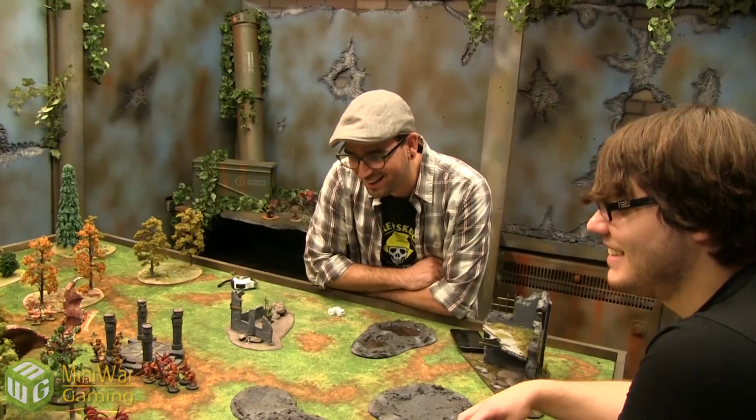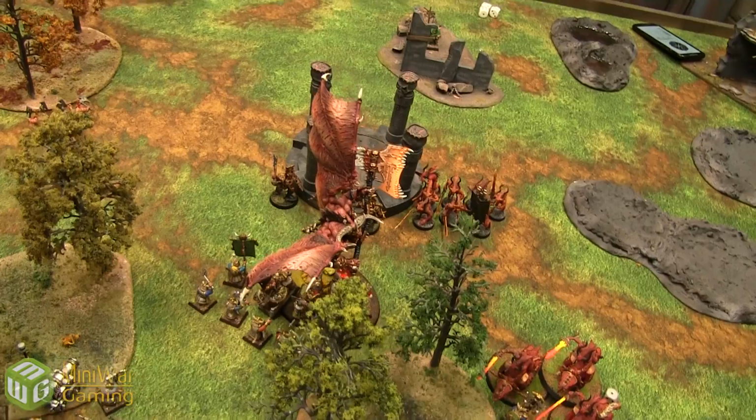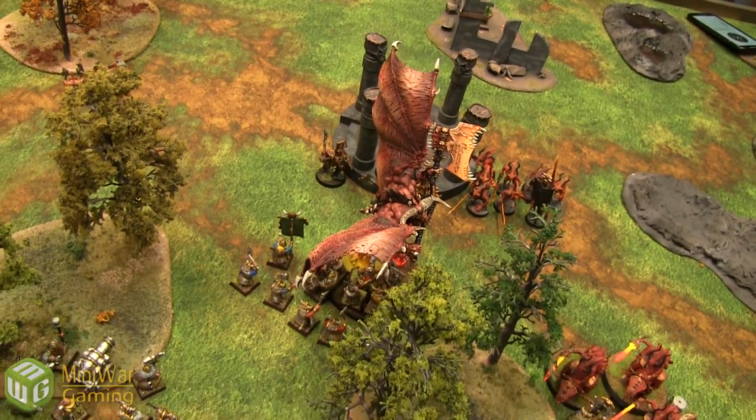I figured it out. Alright, in my turn, I'm going to put Ancestral Grudge on the Blood Warriors. And then I'm going to...